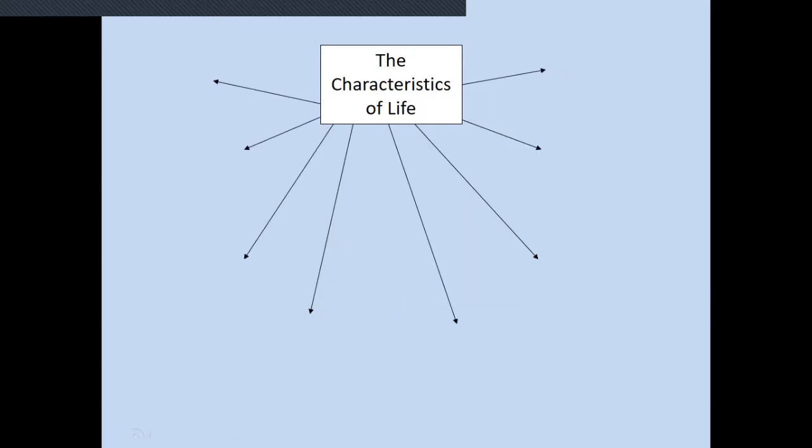So what is life? What does it mean for something to be alive, and what does it mean for something to be not alive? There are characteristics. I want you to take a moment, think about anything that you think of as a living thing. What characteristics do they all share? What characteristics would tell you that something isn't living? When I pull up each of the characteristics, I want you to think if the ones that you just thought of are on the list.